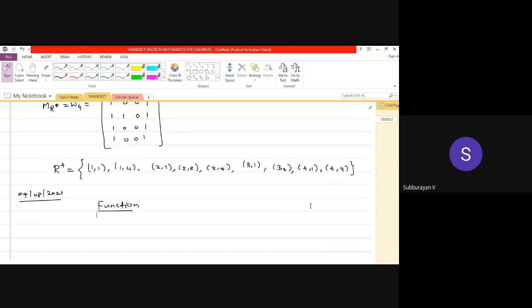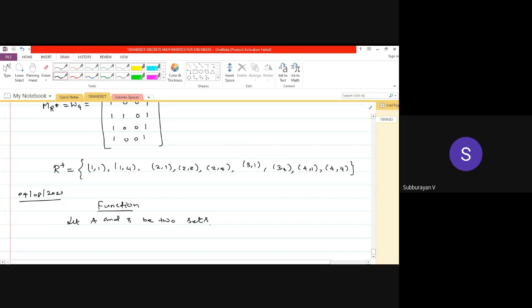Of course, a function is a kind of relation. First of all, a function is a relation. For a relation, we need at least two sets: one is the domain set, another is the codomain set. A relation is a subset of A cross B. Similarly, a function is also a subset of A cross B, but a function should have some specific properties. They are called well-definedness, and every element in the domain should have an image. These two properties are the distinguishing properties of a function. Now, let capital A and capital B be two sets.